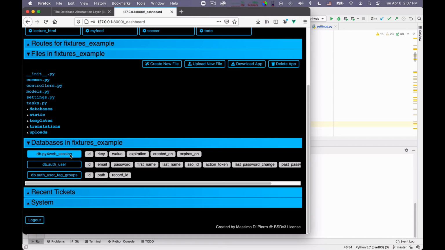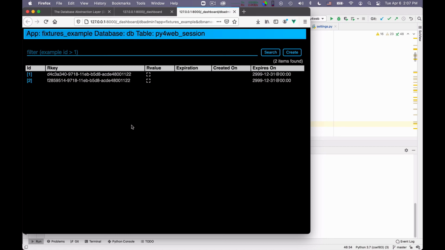You can see here what the columns are in each table. You can see that the Py4Web session table has a key, a value. These are the key, the cookie string, and the value is the cookie value. Then there's some additional information. The auth user has an email, password, first name, last name, and then some other stuff. So if you click, for example, on the session table, that is the content. It shows you that you have 2 records. These are the keys, which are the cookie contents. The values it refuses to tell us because they are encoded in some way and it does not want to print them, unfortunately. And these are the expiration dates.